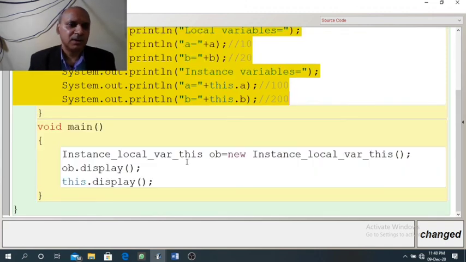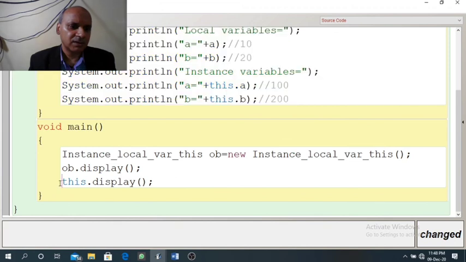Now in the main method, the second statement is this dot display. As I have told you, this refers to the current object and the current object is already ob. So this dot display is the same as ob dot display. It means both these statements will print the same result.